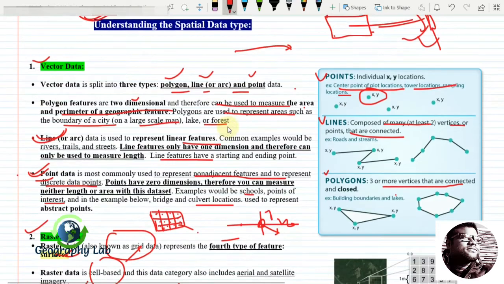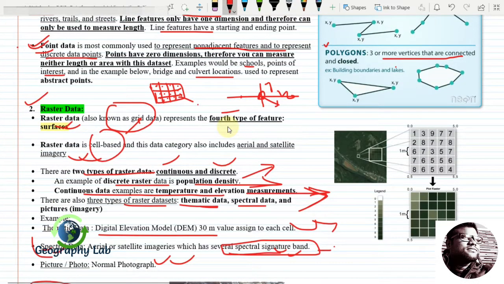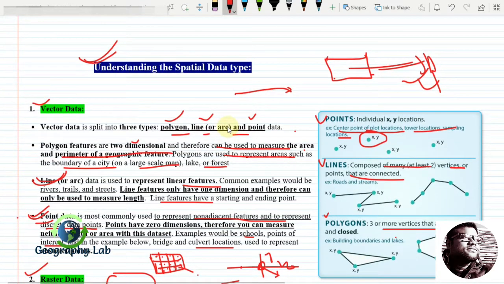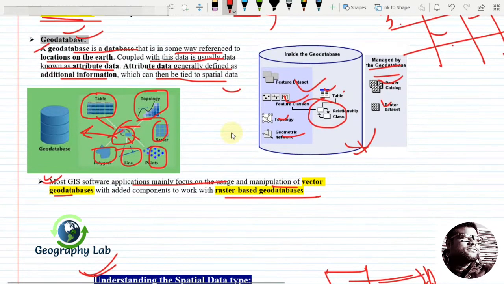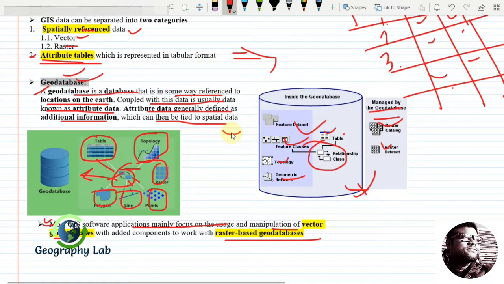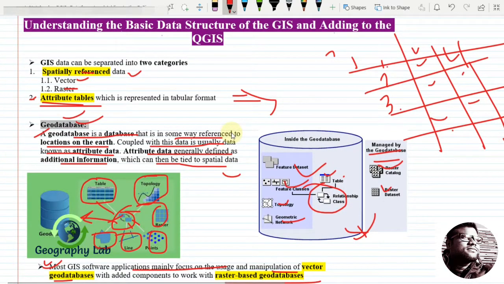So these are the basic things that we need to know before going to the practical: what are the basic data types, what is the raster data, what is the vector data, and what is the geodatabase. So I think we have some basic level of clarity about the data structure.